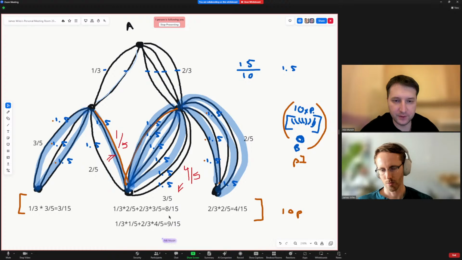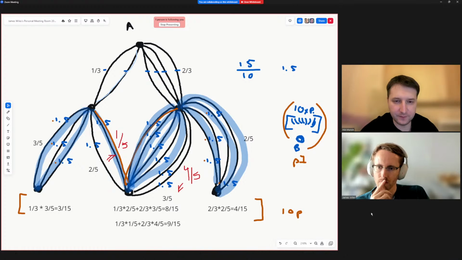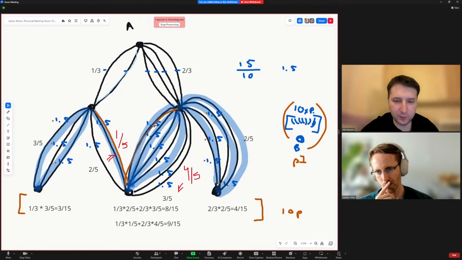But for the blue ones, it's 9. So it's like an increase. But it doesn't change the probabilities on other branches. So it's like they stop summing up to 1. It's kind of a bit confusing. So it's like it renormalizes it by some